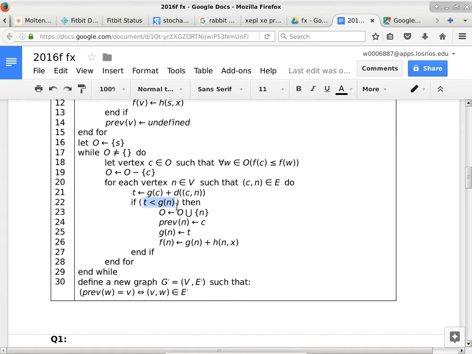But that vertex n can have multiple vertices that connect to it. So one path from one of the vertices before that can have a higher path initially. We just chose the wrong path. So you can revisit the same vertex multiple times, but not infinitely. Because at some point you'll find the best possible path, and then you'll never have a value that's less than the best possible path because there's a finite number of edges. So there's a best possible edge, and you'll never find a T less than that best possible edge.